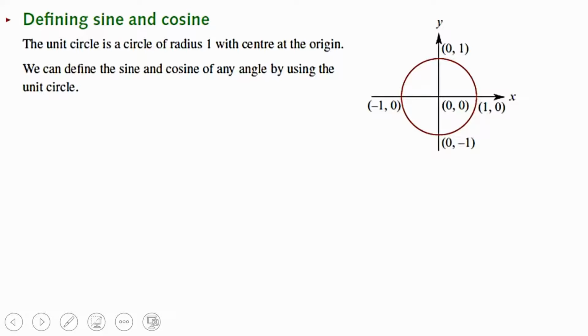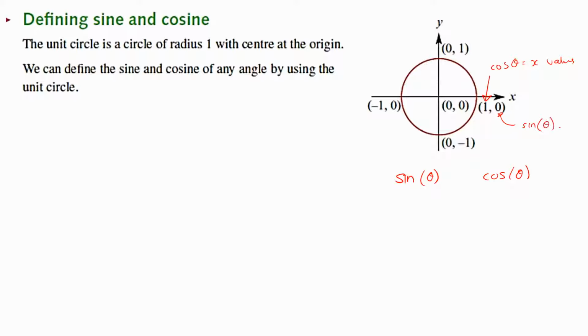Defining sine and cosine. It's healthy to understand that concept so that you don't confuse yourself about what sine of theta really means and what cosine of theta really means. The way I'd start you off in understanding it, on a very brief point, is that cosine will represent your x values. So cosine of an angle represents x coordinates, and your y values can be represented with sine of theta, which is y values. So an example